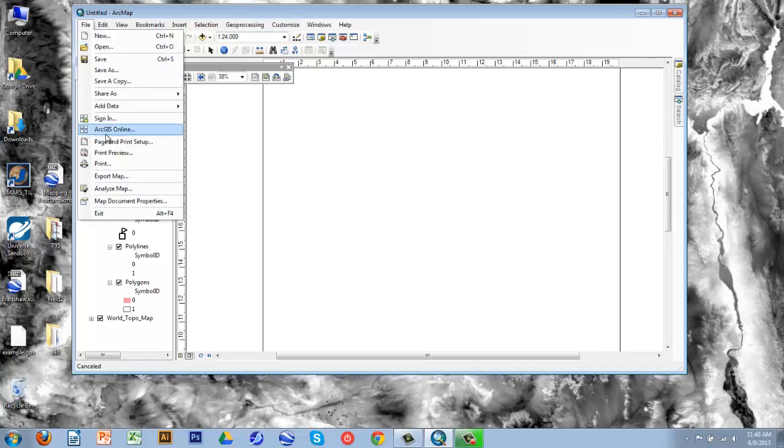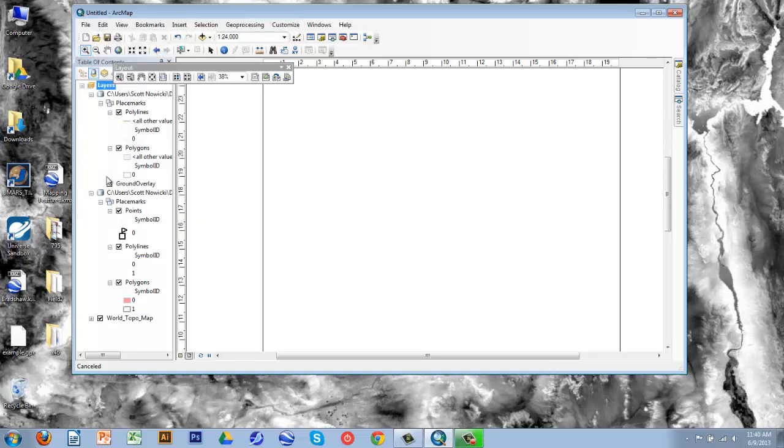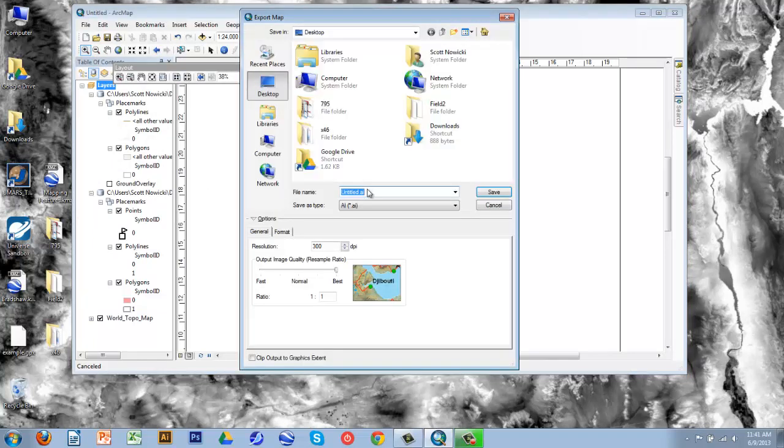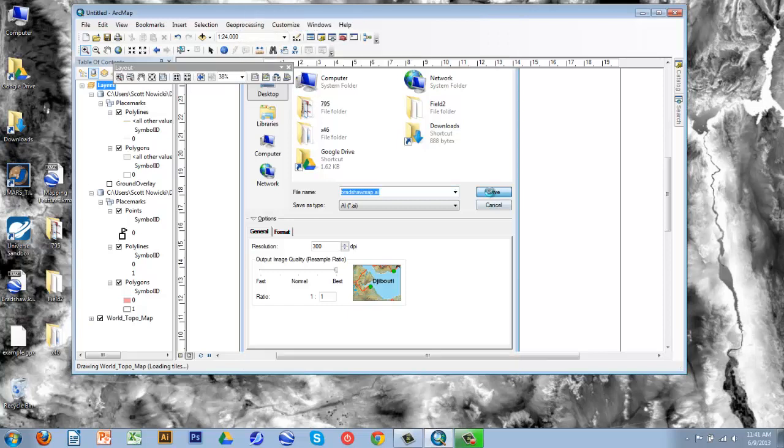So what we're going to do is go to Export Map, and when you're in this view, we can choose all these different formats. You can dump it as a TIFF, a JPEG, etc. We're probably going to use Adobe Illustrator in order to actually do our final mapping. So an appropriate name would be, let's say Bradshaw. Bradshaw map. And it's going to dump to desktop. So once we save that,